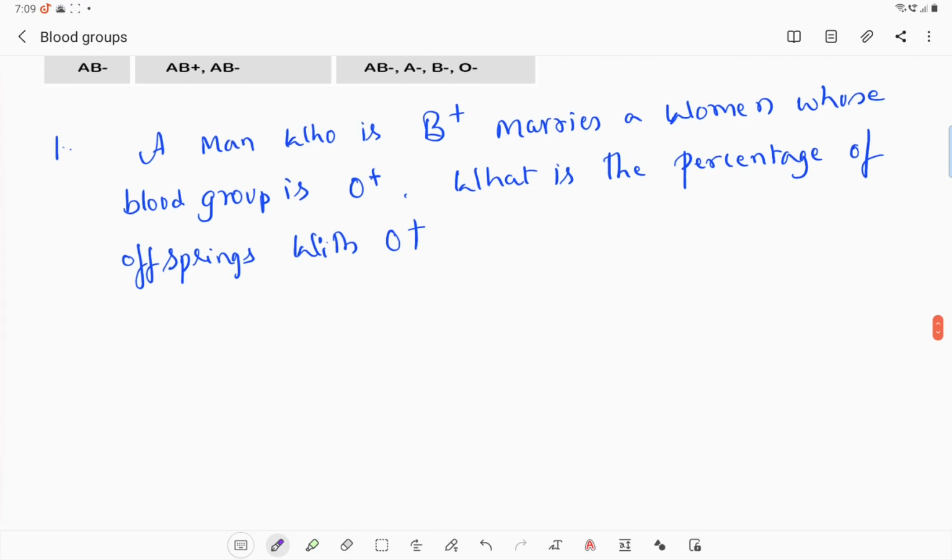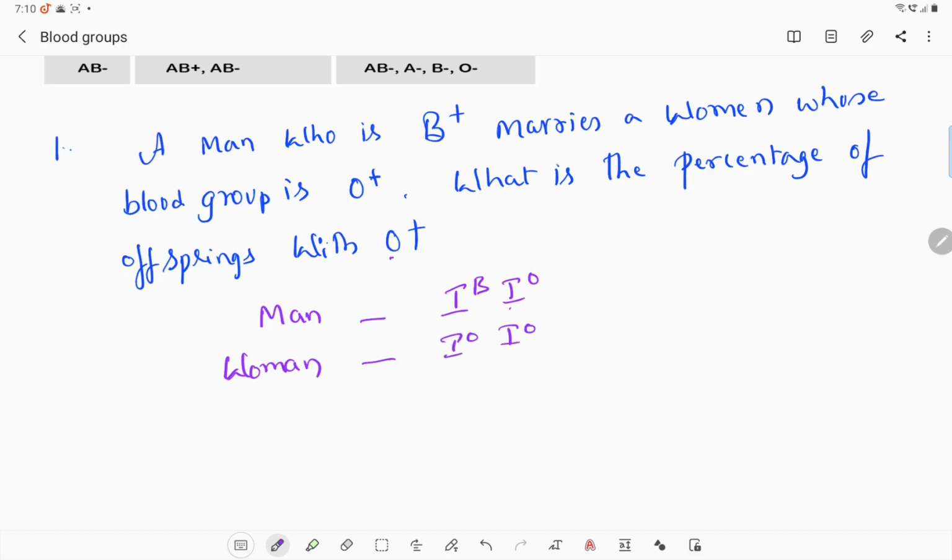So generally, we take the man in the heterozygous condition. They're asking what is the percentage of O positive persons, so definitely the man should be heterozygous. So the man's blood group genotype is IB IO, because if the man contains the IO allele only, the children will get the O. The woman blood group is